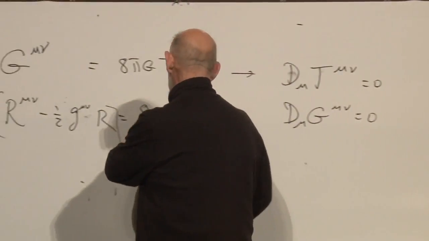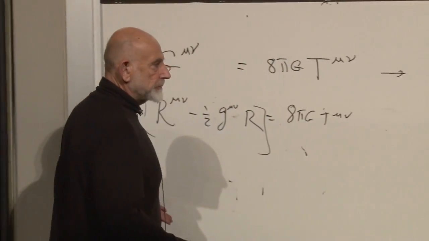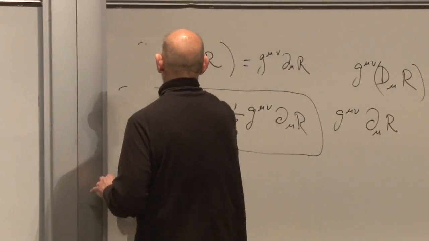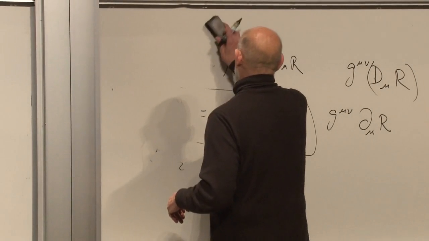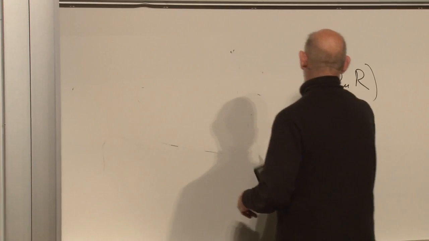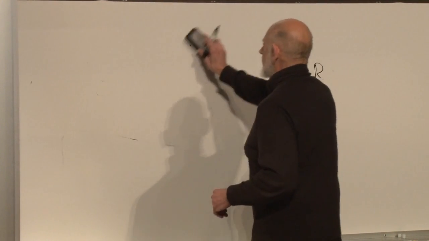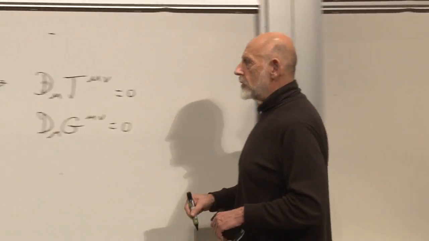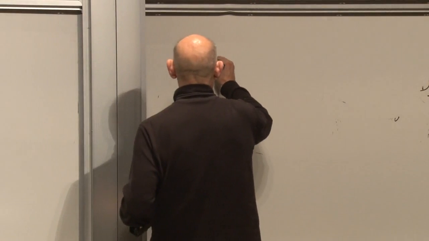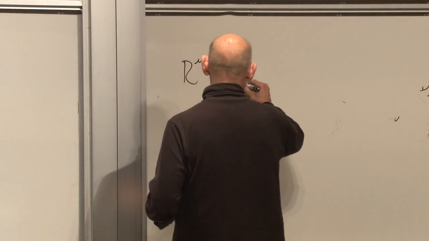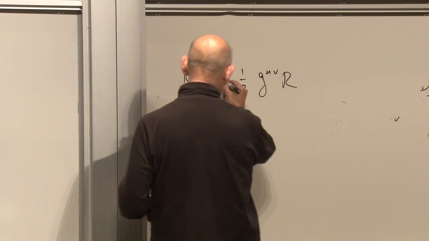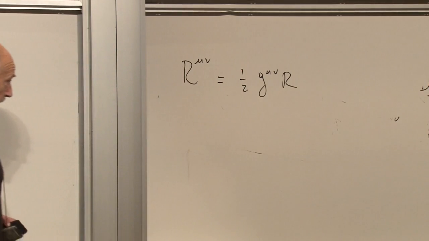Then on the right-hand side, we have 0. Let me just show you that there's a simplification in that case. It's just a little simplification, but the equation does become simpler. Let's suppose that T mu nu is equal to 0. In other words, R mu nu minus 1/2 g mu nu R is equal to 0,